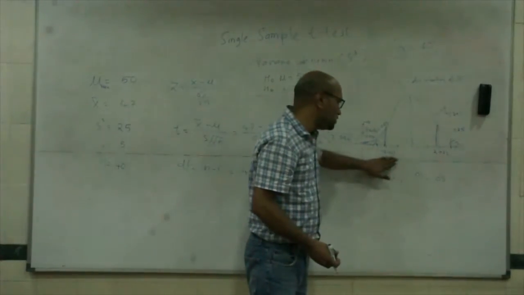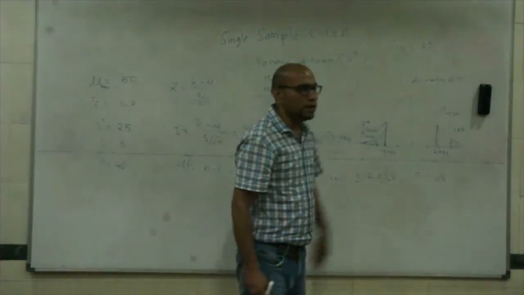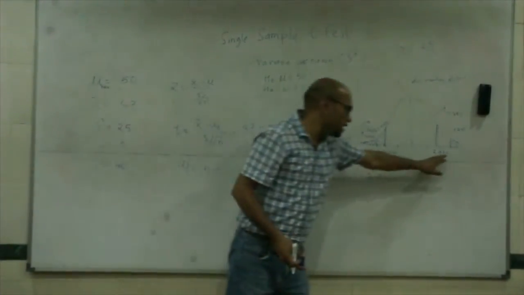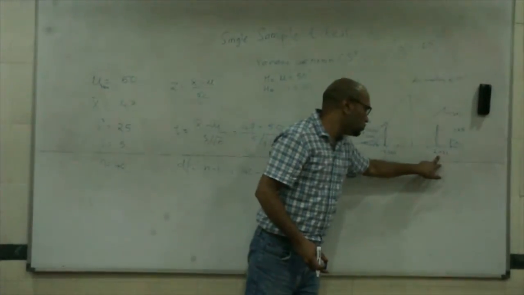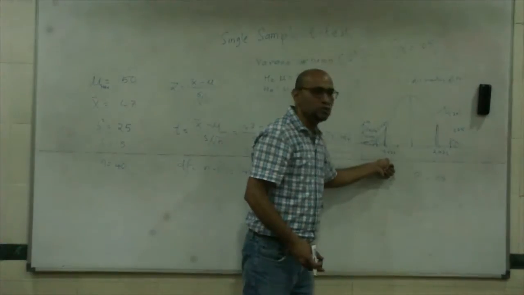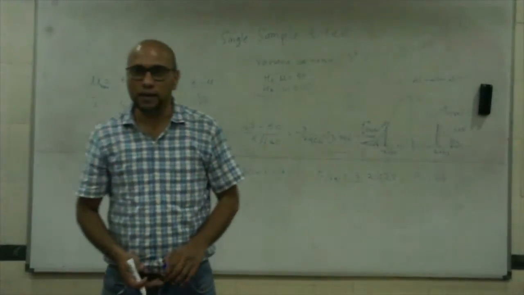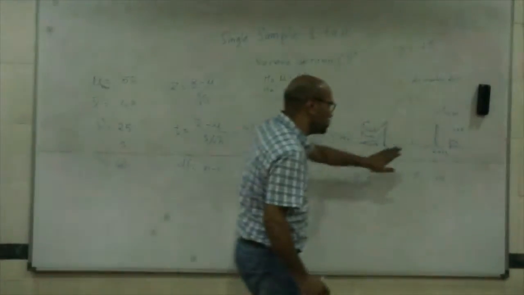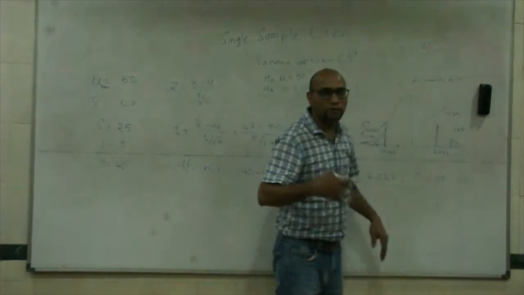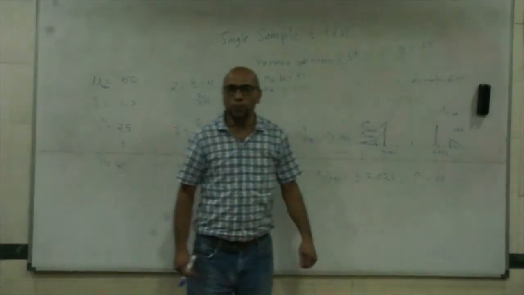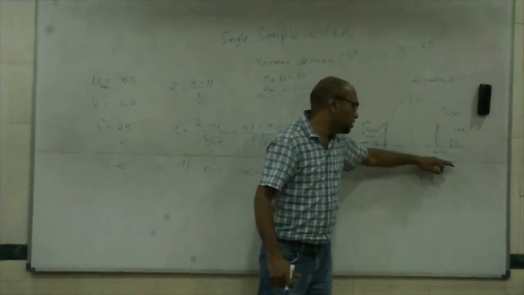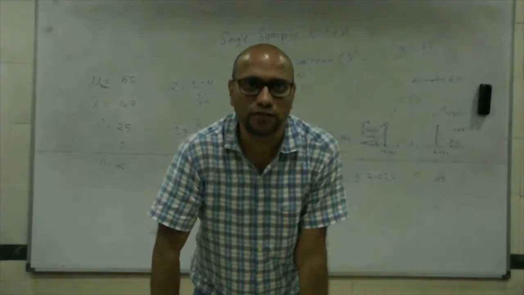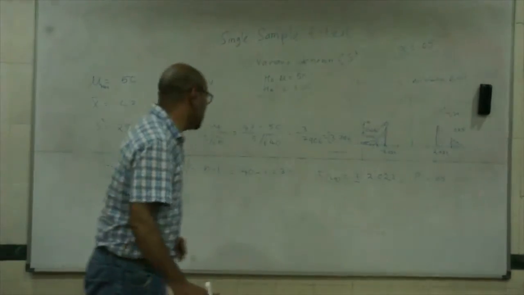So the chance that you would get a t-value greater than 2.022 or smaller than negative 2.022 is 0.05. So there is a 5% chance in a t distribution at 39 degrees of freedom that you would find such a value. That is the chance. Okay, now we have obtained a t-value